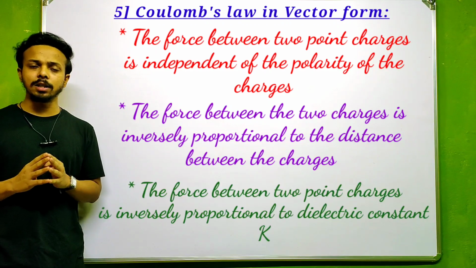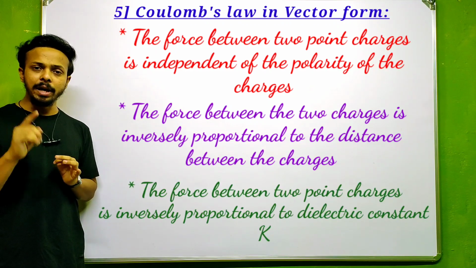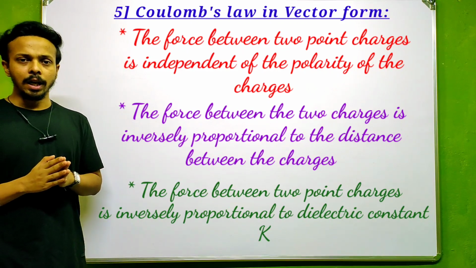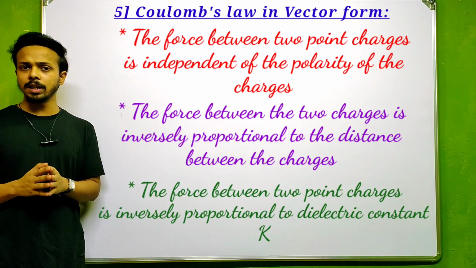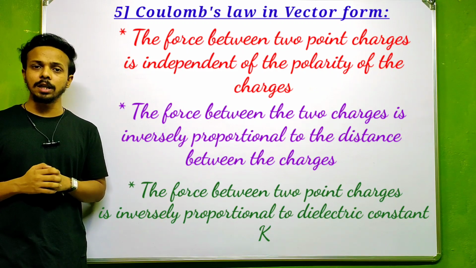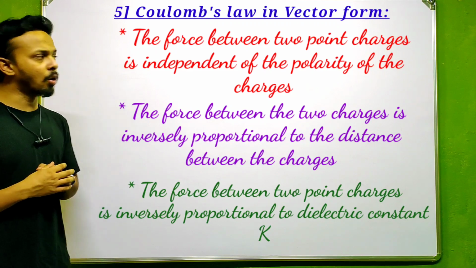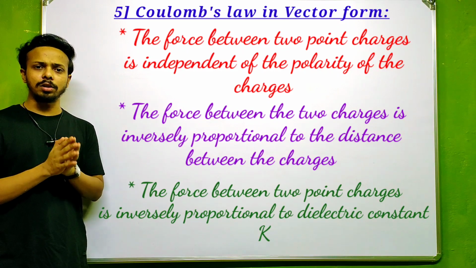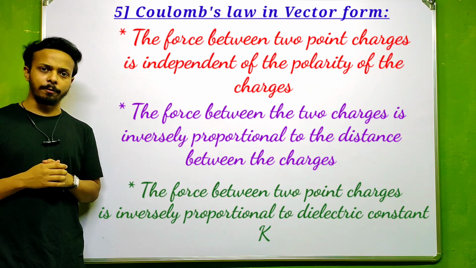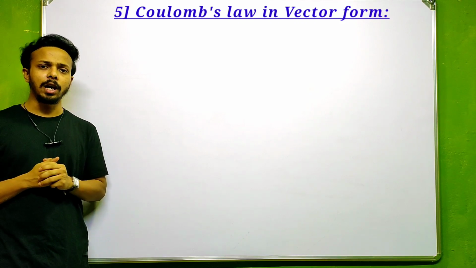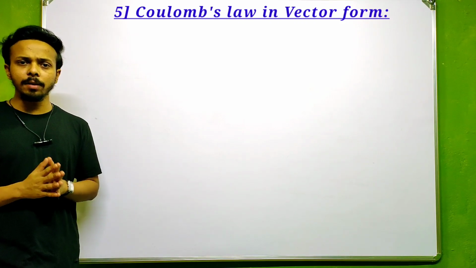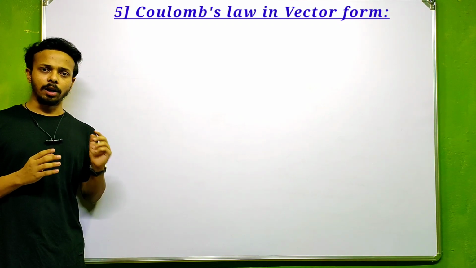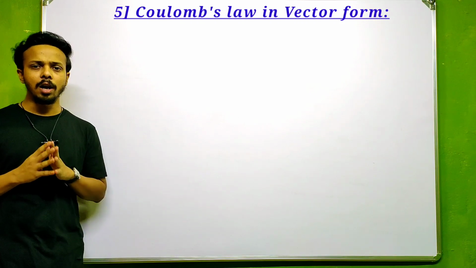And the third thing to understand is that the force depends on the medium between the two stationary point charges. And how does it depend? It depends inversely. If the dielectric constant for the given medium increases, the force between the two stationary point charges decreases. Okay, so guys, for reference, for how much dielectric constant values and what the value of force is, you just refer to the NCERT book. For all kinds of medium, the K value is given there. So I hope you understand this Coulomb's law and how we can represent Coulomb's law in vector form.